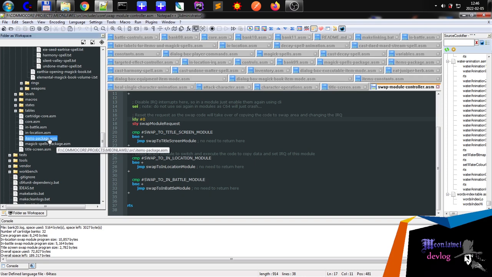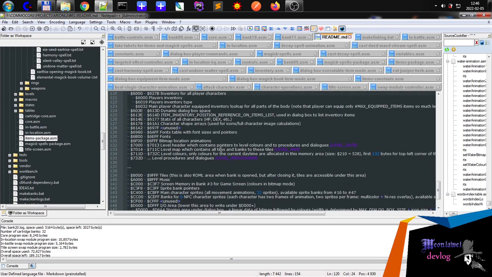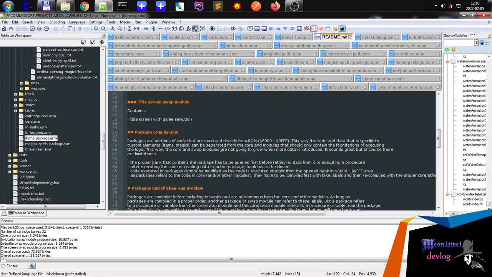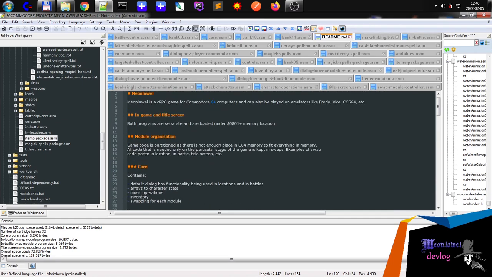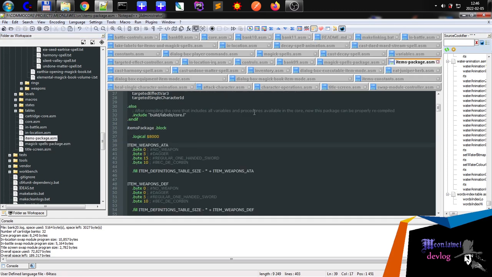I'm not sure about the naming, but as long as I have a readme here and I'm updating it, I can follow the logic I have created, and remember the rules and the constraints, because there are, of course, some constraints from doing memory swapping, and I'm going to talk about it very shortly. So the first thing is that the package is something, I'll show you one for items, for example, that contains